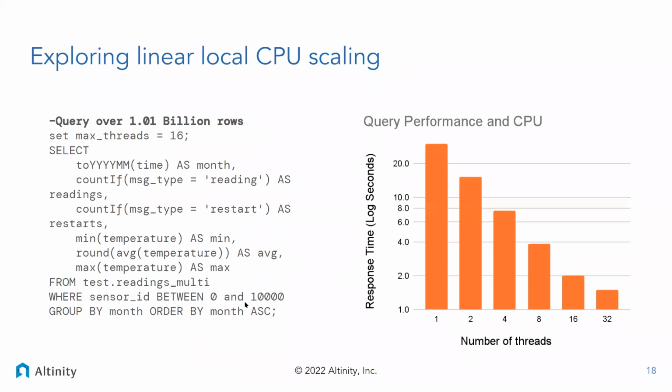So we can now test the scaling. What this is right here is a query on just a billion rows of this sample data. The query itself is not important, but what's interesting is that over here, we have a graph that shows the number of threads. We can set that with this max threads parameter, which is a setting that ClickHouse allows that will control the number of threads that will be applied. And what we can see here is we actually get linear scaling up to 16 threads, and then it drops off a little bit at 32. This is a log linear graph, and that enables us to see the scaling.